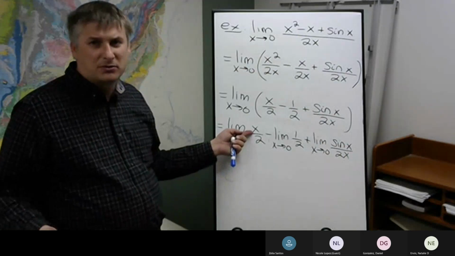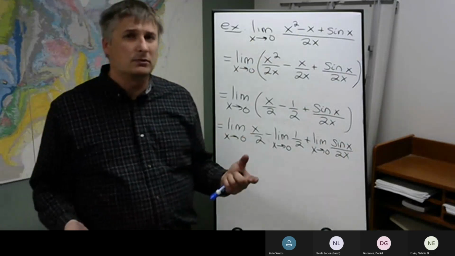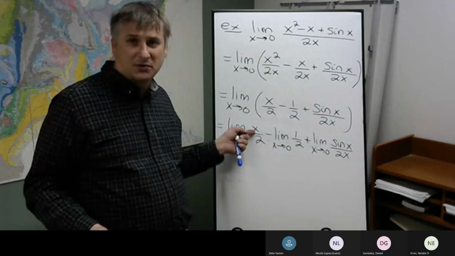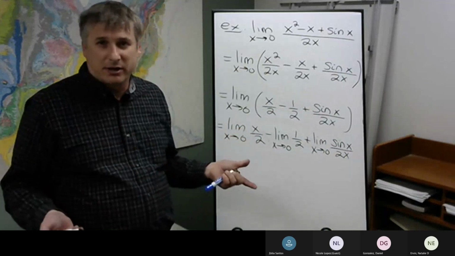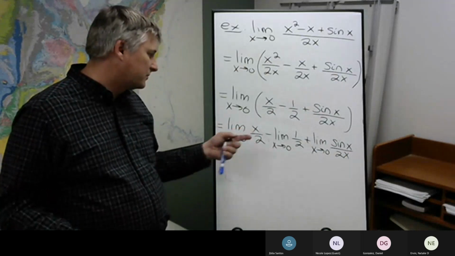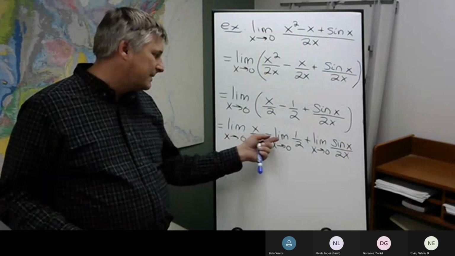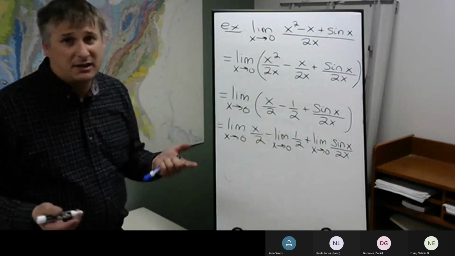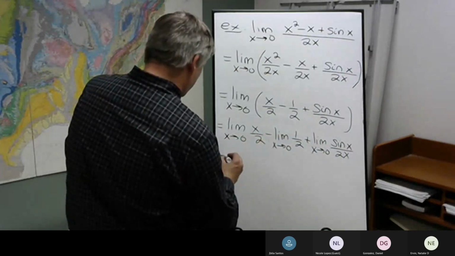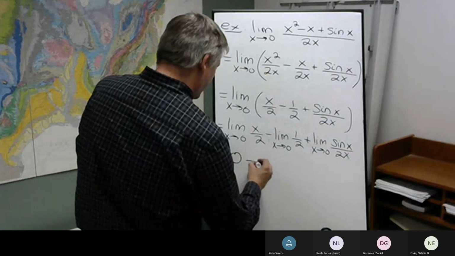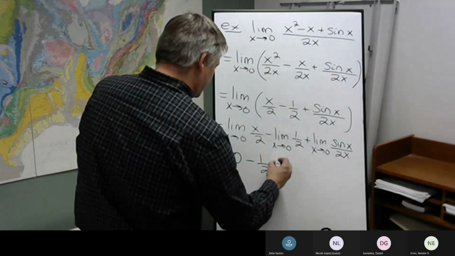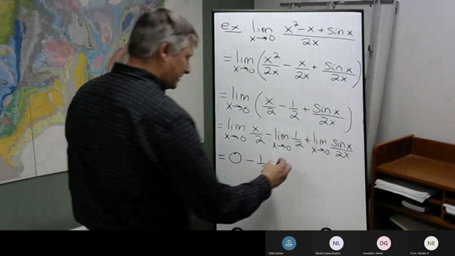Here it's really a polynomial, and we have that polynomial rule that says we can replace the x with the 0, just like it's an algebraic substitution. So this will be 0 over 2, which is 0. And then the limit of a constant is just that constant. So we get 0 minus 1/2 plus, now this one,